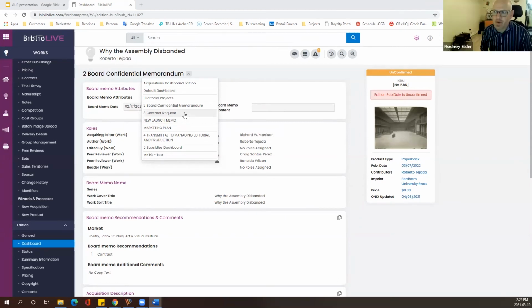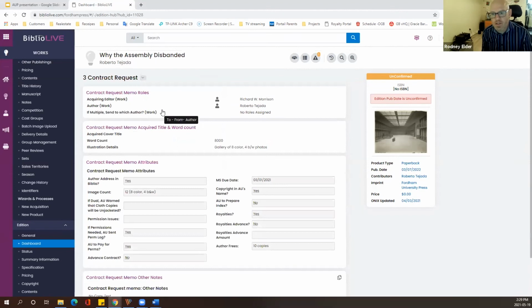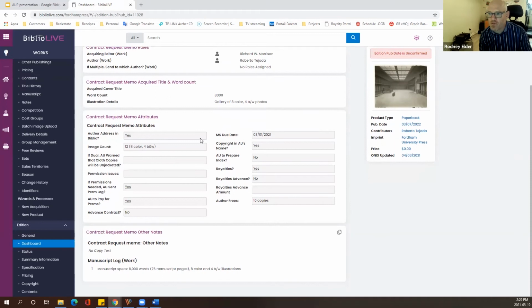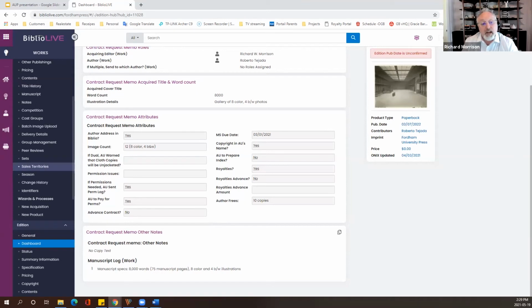So then the next step is you're doing a sort of contract request. This is where you're saying, okay, we actually want to generate a contract now. And so you've got, I see here's a lot of the same types of information, but then you've got some extra pieces of data in here. Right. Like the manuscript due date, royalty information,